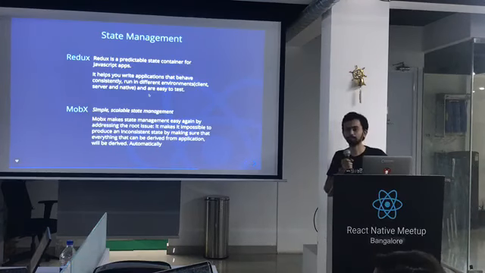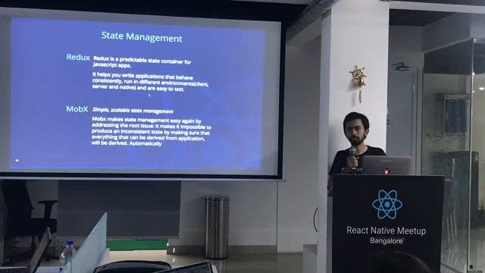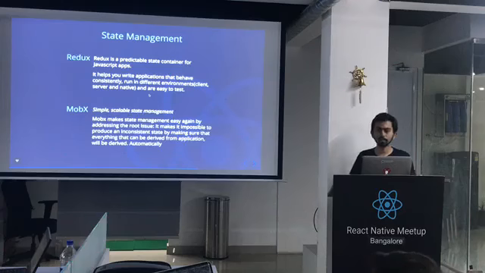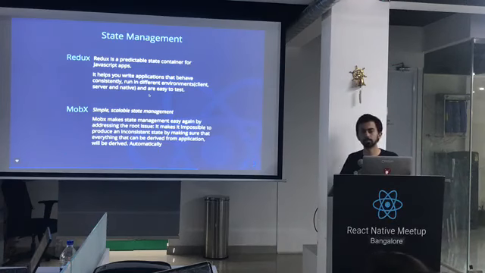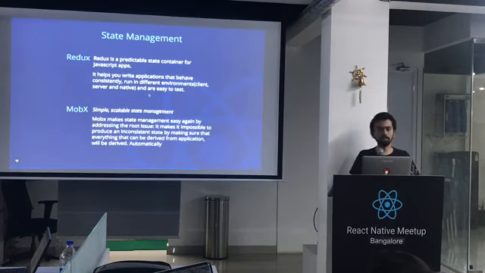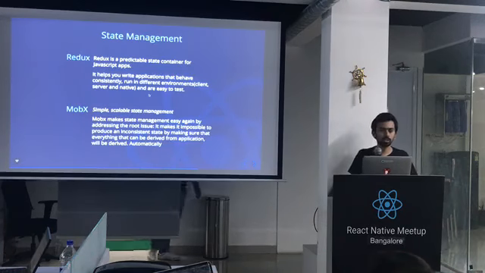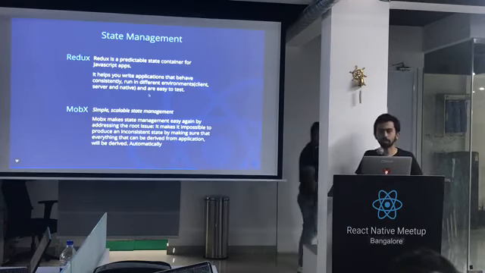You store properties temporarily whenever the application runs. For example, the loader, or whether the person is logged in or not. Yeah. Most apps have to handle some kind of data. You get data from the server, you have to manipulate data based on user interactions, so you have to have some kind of state management.